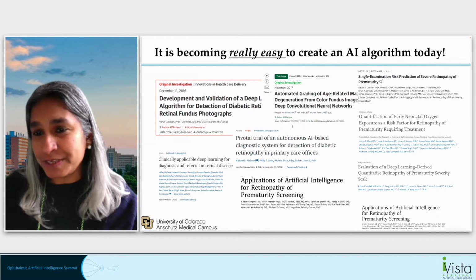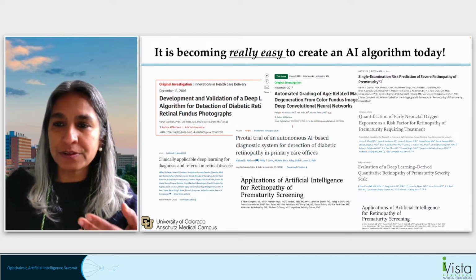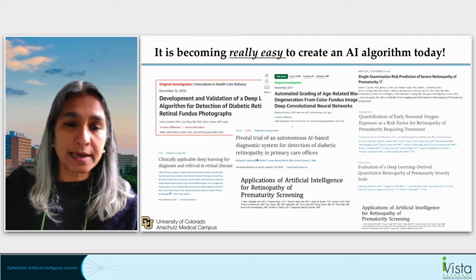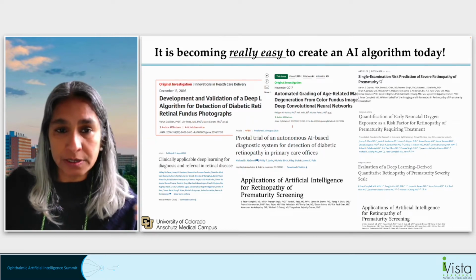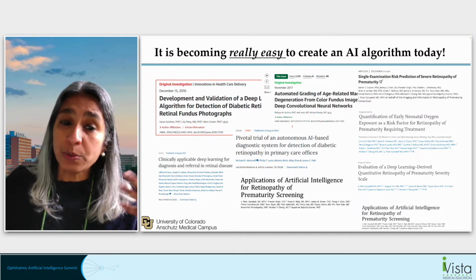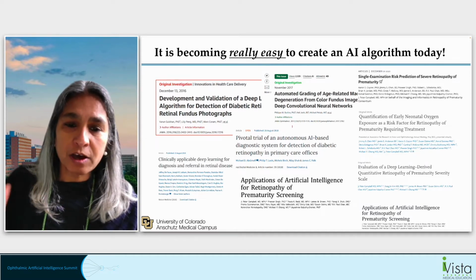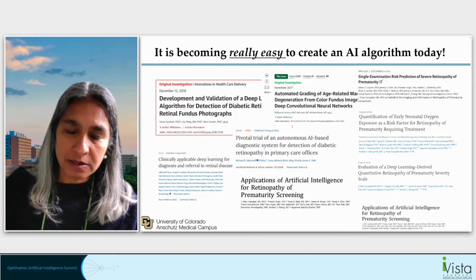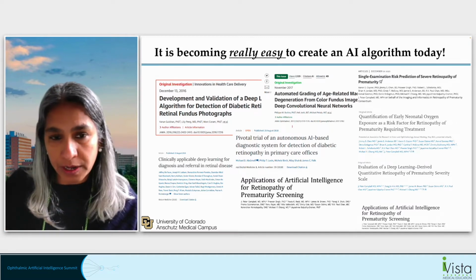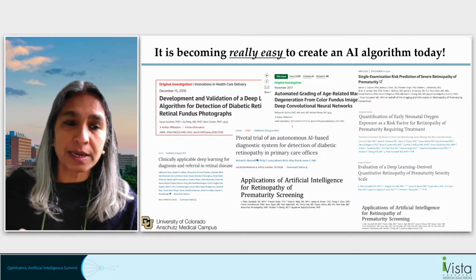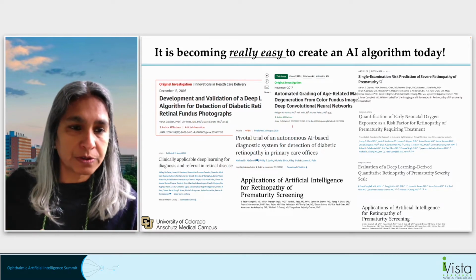So we've seen all day today, and we'll continue to see for the rest of today, that it is getting relatively easy to create AI algorithms. Almost nobody here is starting writing their algorithms from scratch. We all use frameworks such as TensorFlow and PyTorch. We have access to GPUs, and the combination of these open source algorithms and frameworks, along with access to large amounts of data and the hardware today, this confluence of factors has led us to a place where we actually are in a relatively good position to create these